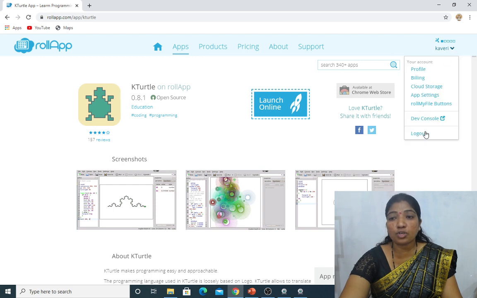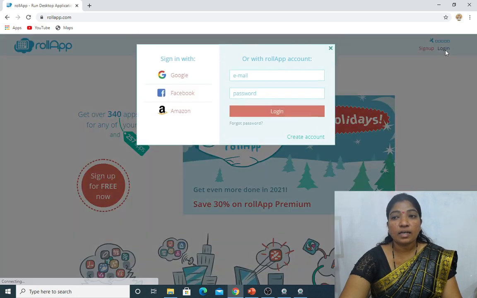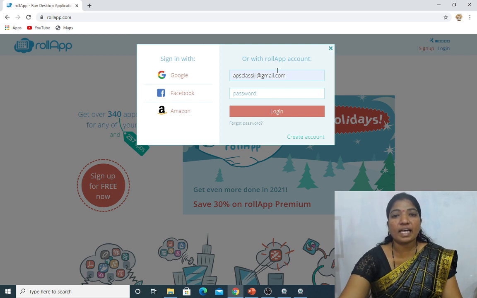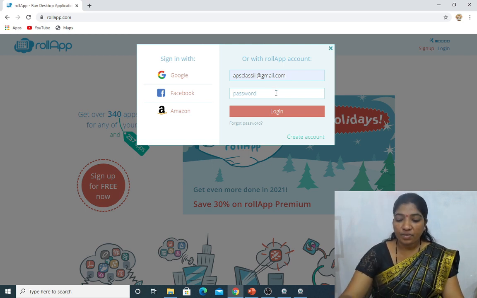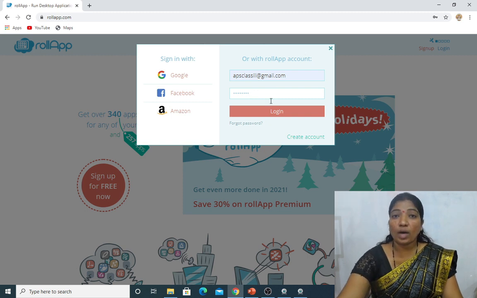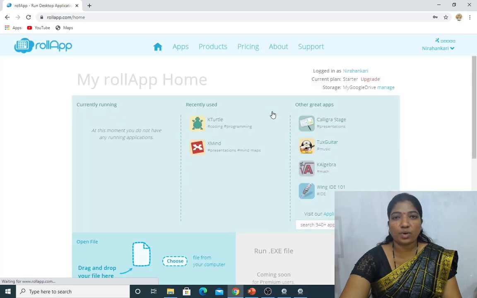We have to log in with an email and a password. Here I will be typing my user ID with password. You have to create your own email ID as well as password.